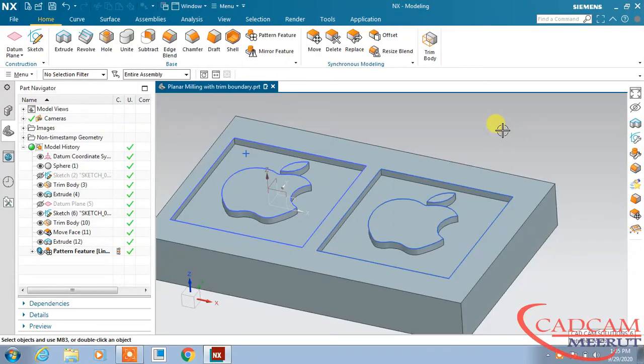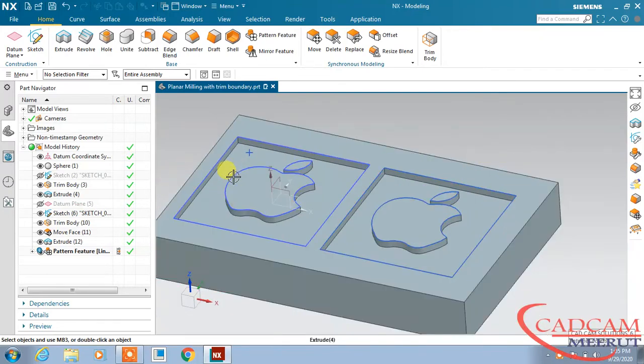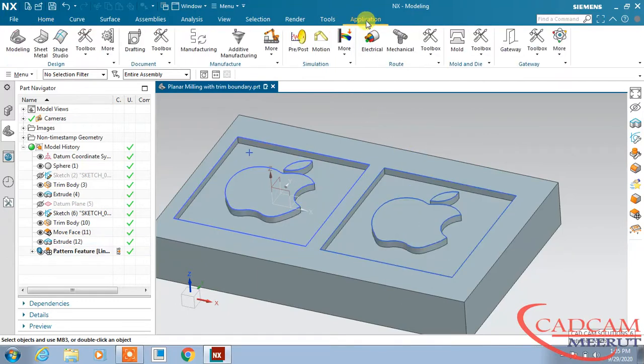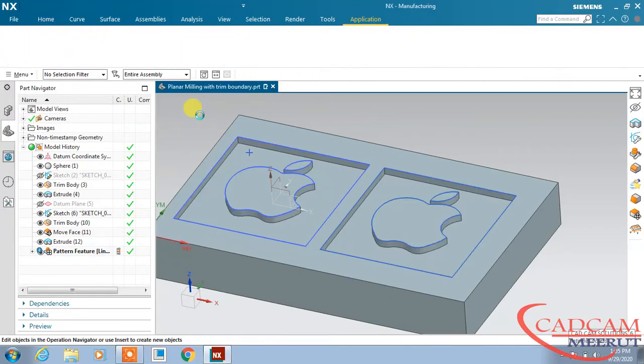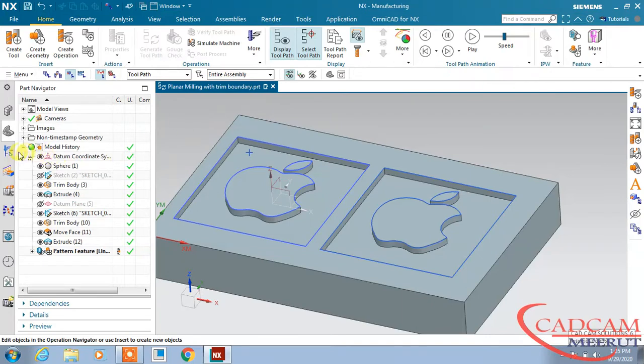Students, this is Muish Arora from CAD/CAM Meerut, and today we are going to create the toolpath for this part. We have this kind of part, some pockets are there. So let's go to the application and select this manufacturing, and in this manufacturing